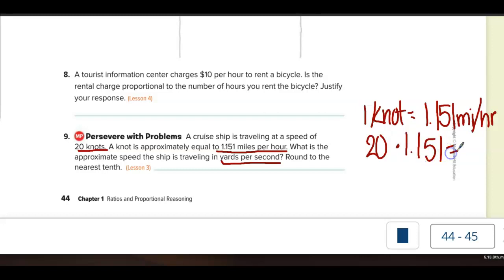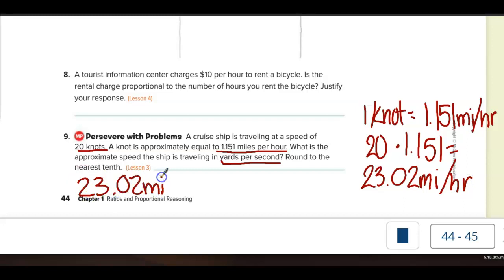What do you get? 23. What do you get? 23.0. I just can't hear you. 2. And it would be labeled miles per hour. So now I can write this as a fraction. So I would have 23.02 miles per 1 hour. But I want my answer to be in